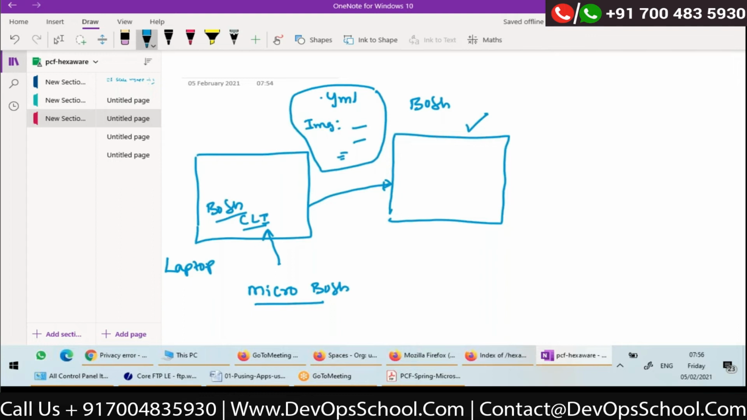When I say BOSH VM, this VM will contain a lot of components. I will list the important components. So it will contain something called BOSH director. BOSH director is nothing but again a REST API. And one more component inside the same VM called CPI,